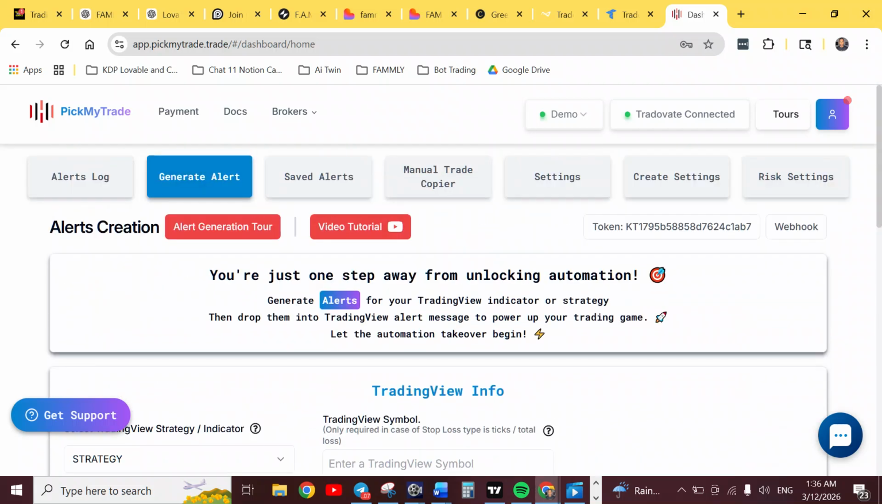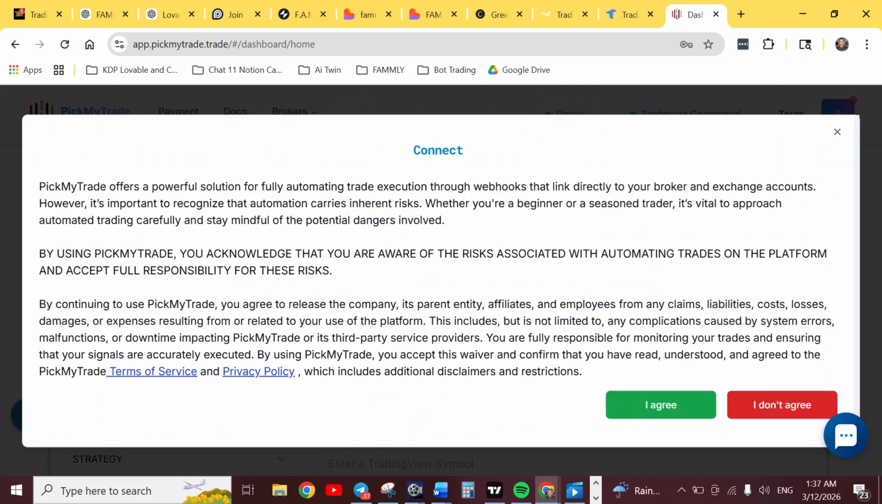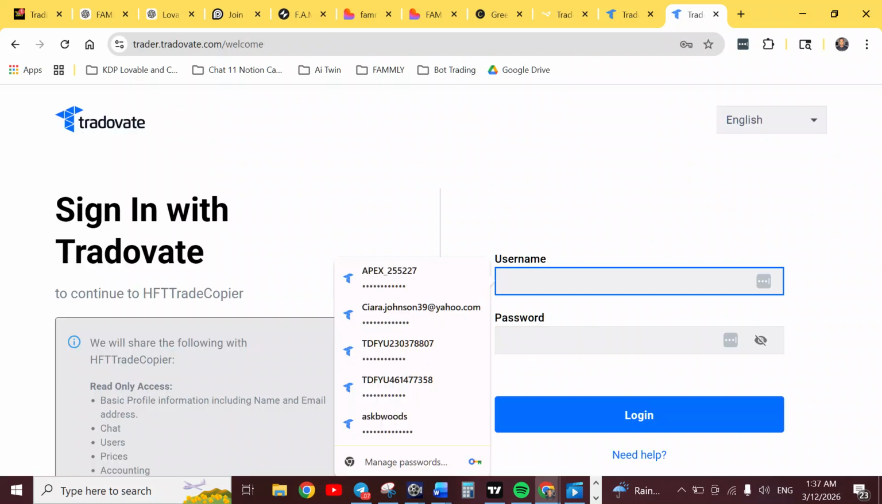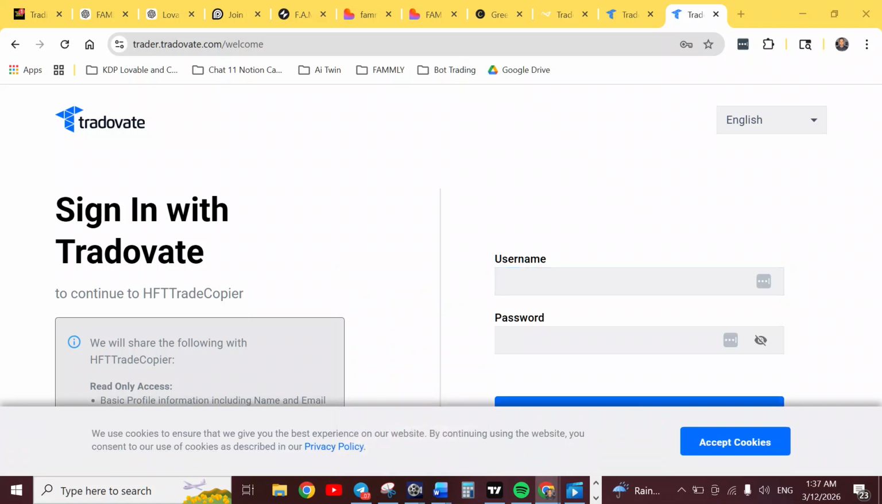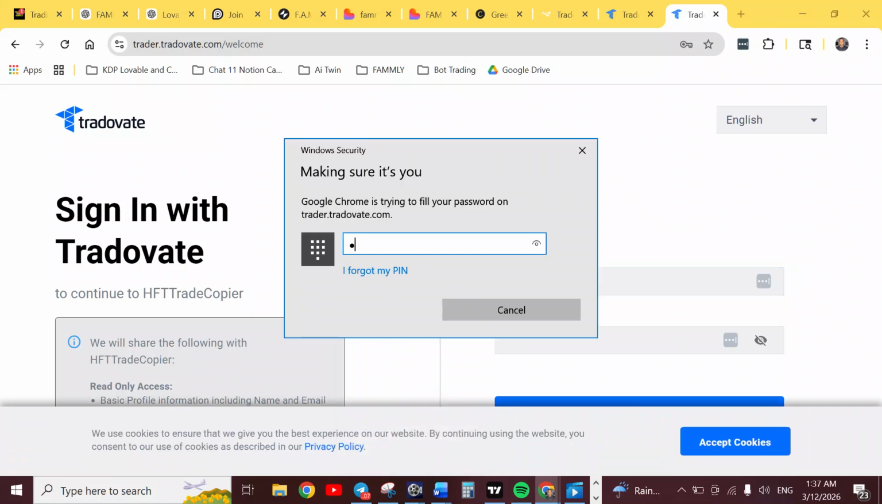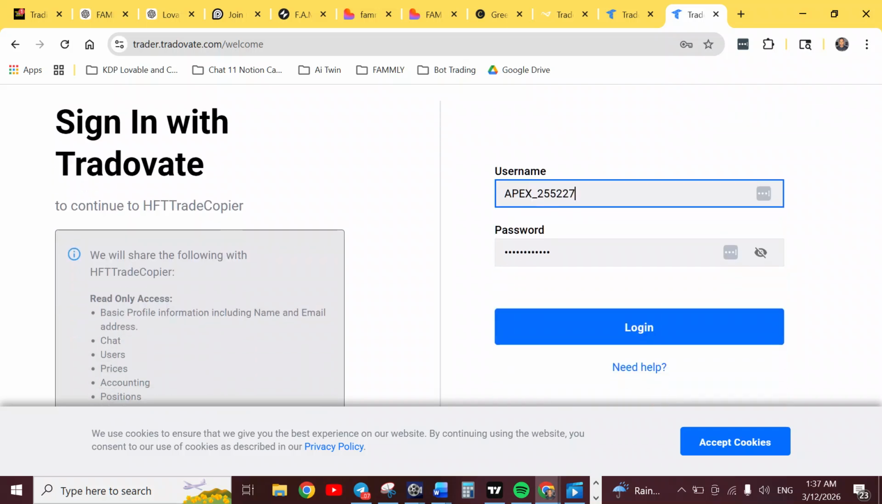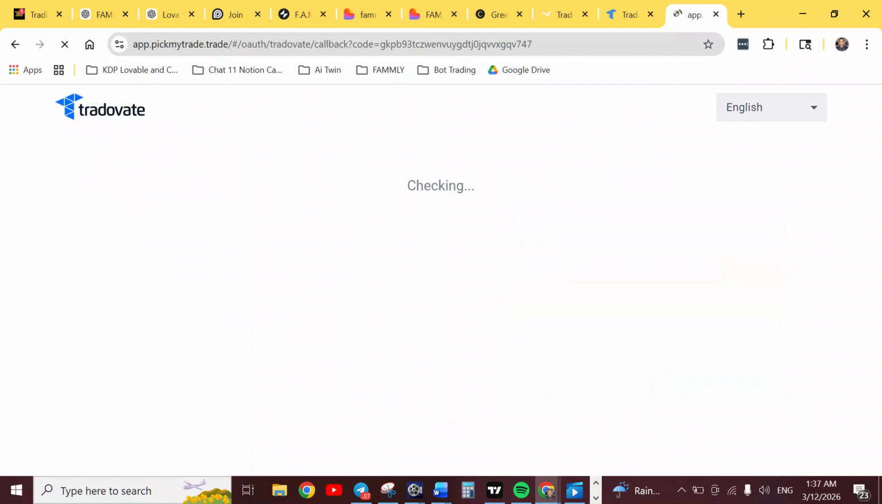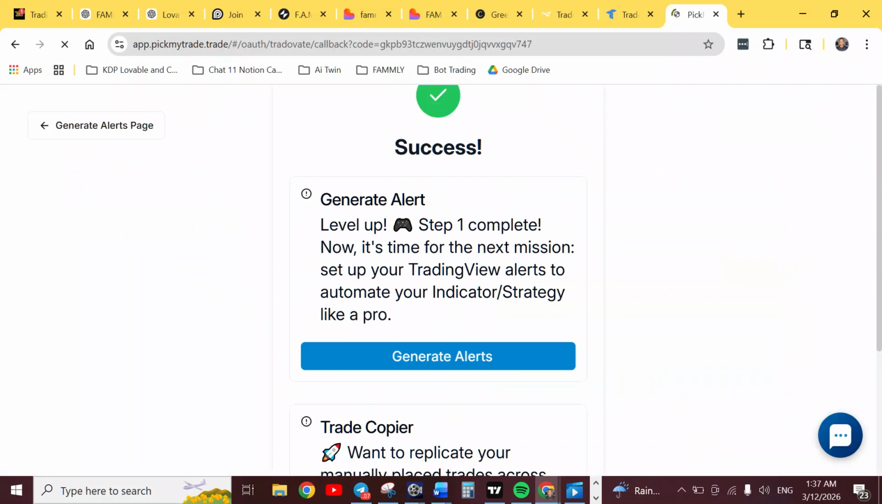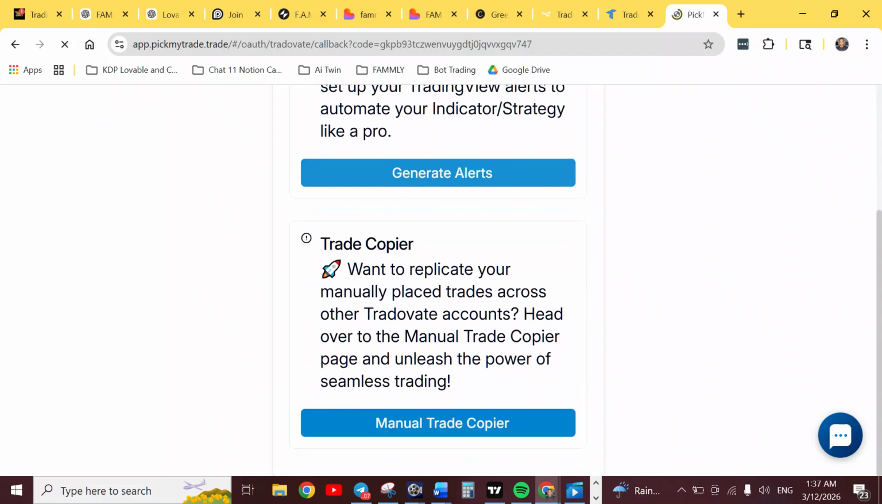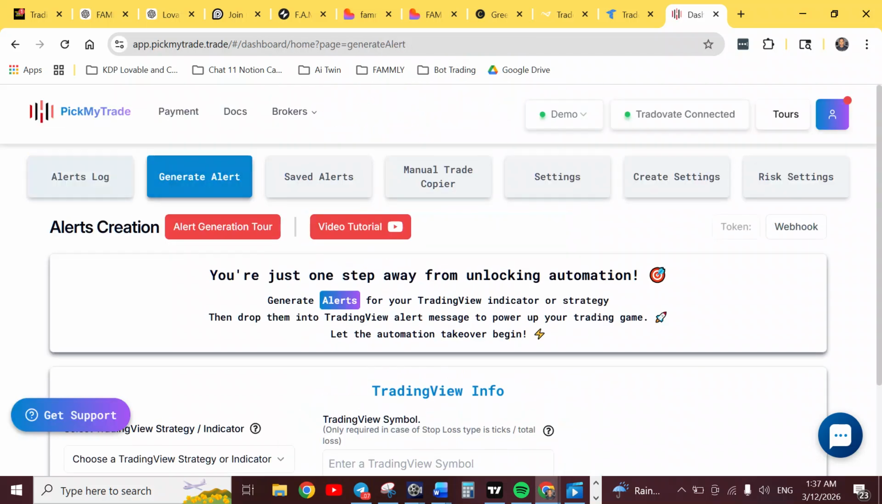All right. You're going to connect your TraderVate account if you haven't. If you haven't, you go click this. You're going to say I agree, and then you'll be able to connect your TraderVate account. Just log right in, and it's going to pull up for you. So you're going to generate alerts,